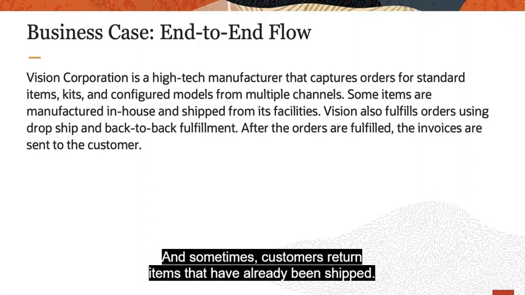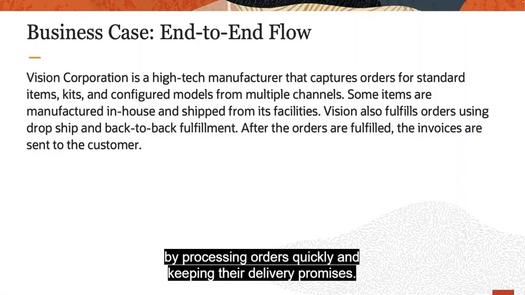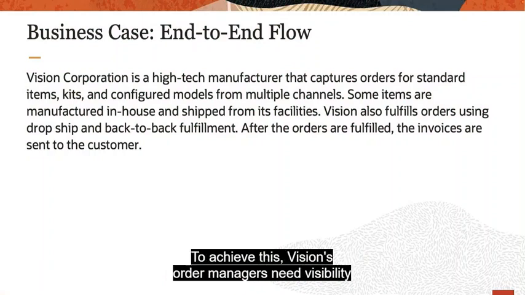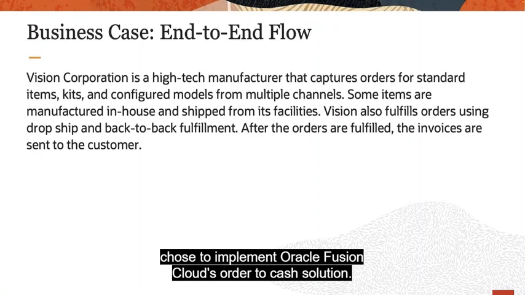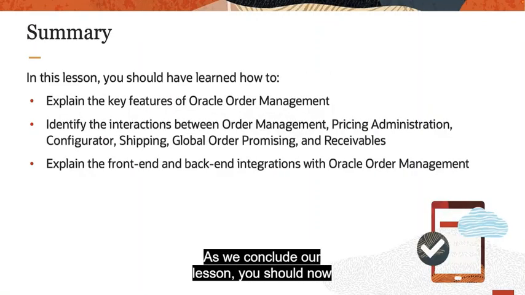One of Vision's main business goals is to boost customer satisfaction by processing orders quickly and keeping their delivery promises. To achieve this, Vision's order managers need visibility into any potential fulfillment exceptions so that they can proactively resolve issues before they impact promised delivery dates. Vision Corporation chose to implement Oracle Fusion Cloud's order-to-cash solution. In this course, we'll focus on the key solution components you need to help Vision Corporation successfully implement this Oracle Fusion Cloud solution. As we conclude our lesson, you should describe